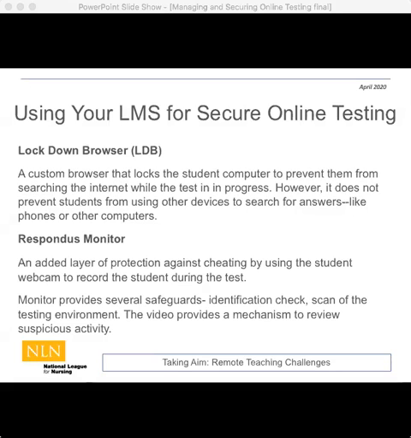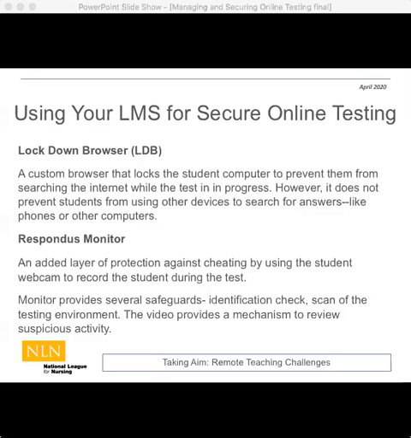So on face value, it is a deterrent, but I think we all realize that students have multiple electronic devices, and it really only locks in place the screen that they're accessing the test with. So they could still access their phone, an additional electronic device. So what I have opted to do, since we've been testing at home, is use a complementary product that goes along with Lockdown Browser, and that's called Respondus Monitor.